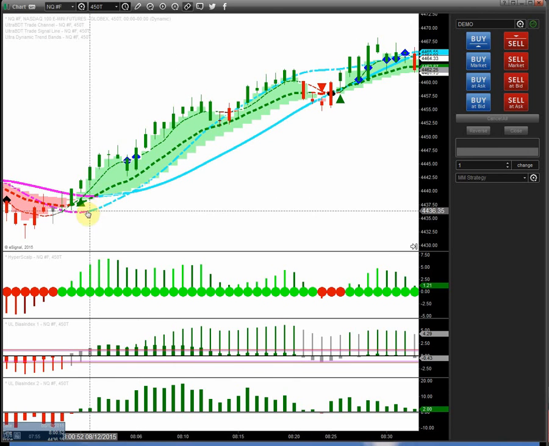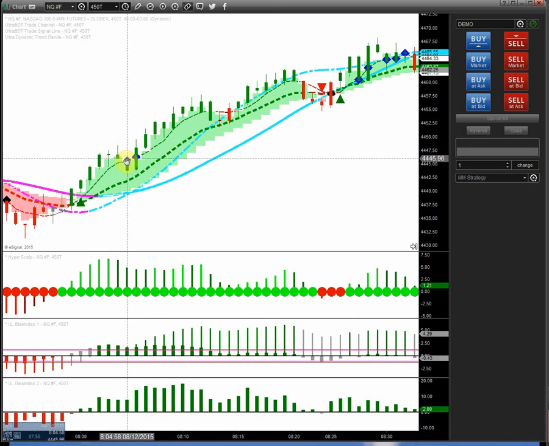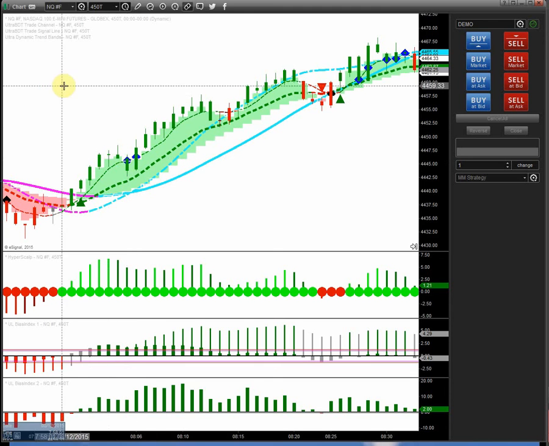In this case here, you can see we have the matching dynamic trend band number 1. We have the dynamic trend band number 2 matching colors. That's the first rule. If these two are matching, you can trade a pullback to the signal line. That's right here. Now we're going to scalp according to the method for 3 points, and I'm using a mini